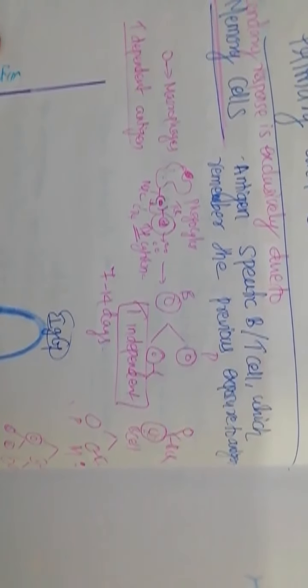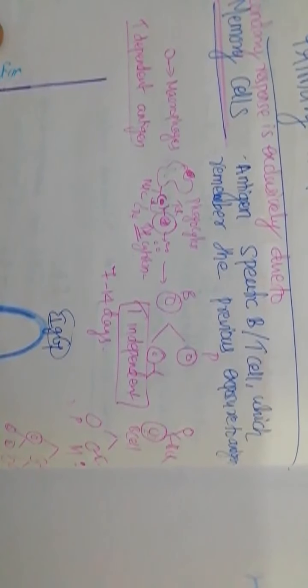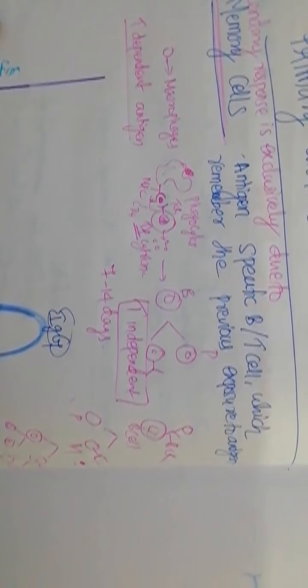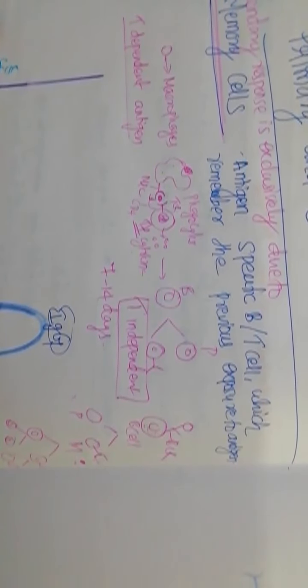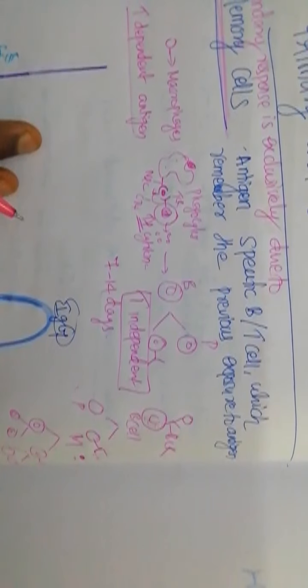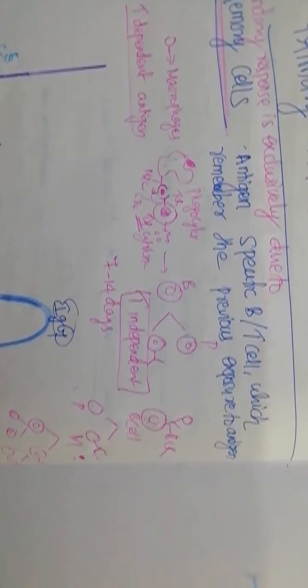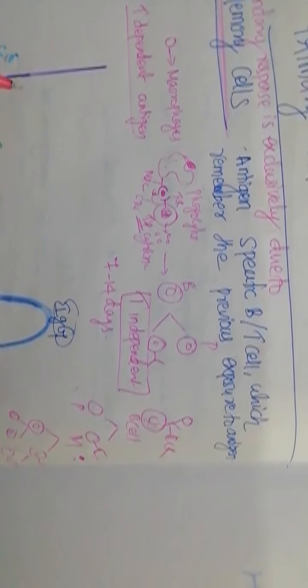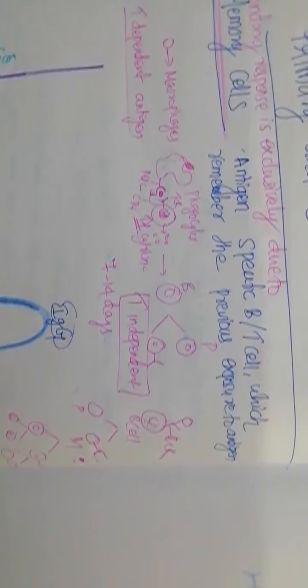During the primary response, memory cells do not respond to antigen and do not contribute to host defense. This you always have to remember. During primary response, memory cells don't have any action, they'll just be formed and retained there. They do not contribute to the host defense, because in the 7 to 14 days time period, so much antibody will be produced and the antigen would have got neutralized. As the infection is cleared and pathogen stimuli subsided, memory cells will not be doing any function during the primary immune response. Now immunological memory will get activated during the second exposure.